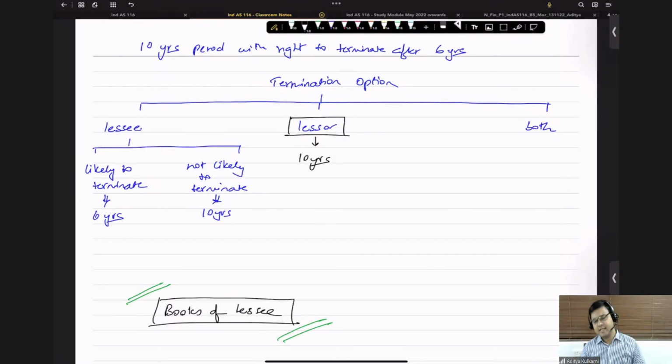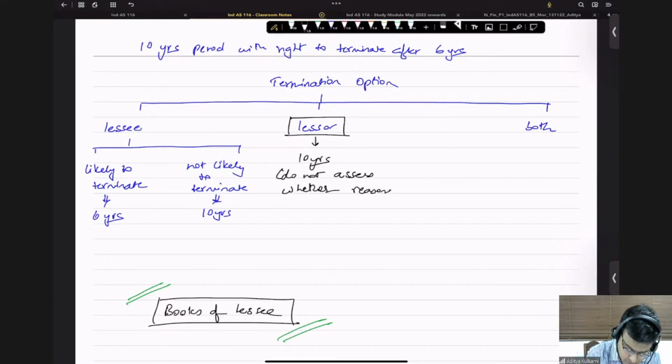Sir, if the lessor terminates after 6 years? We will reverse it. We will reverse the ROU asset as well as the lease liability at the end of 6 years. So the lease tenure is going to be a complete 10 years. And most important is, do not assess whether reasonably termination option